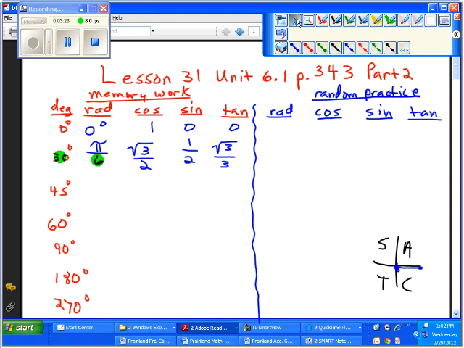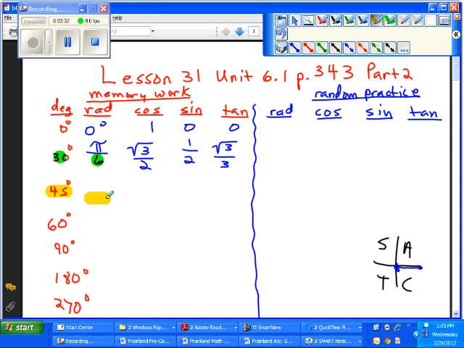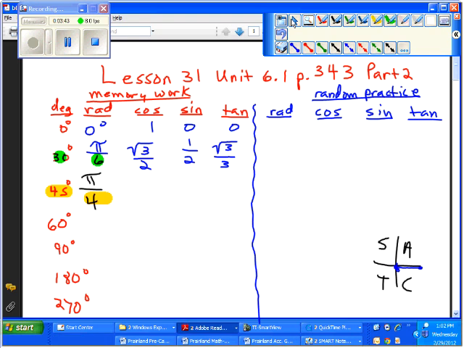Now, how do we quickly think about what the denominator would need to be if we have 45 degrees? My denominator of my radian expression would be what? 180 divided by 45, which is 4. So it's going to be pi over 4. 180 divided by 45 is 4. That means every time we see a denominator of 4, we're thinking about a reference angle of 45 degrees,